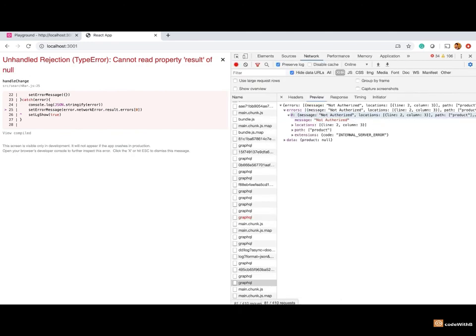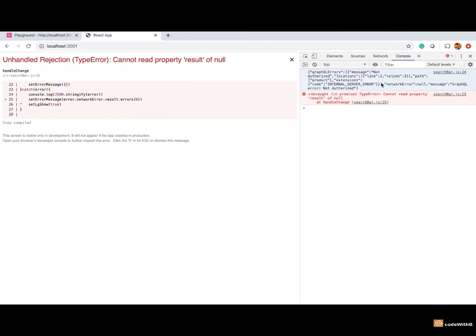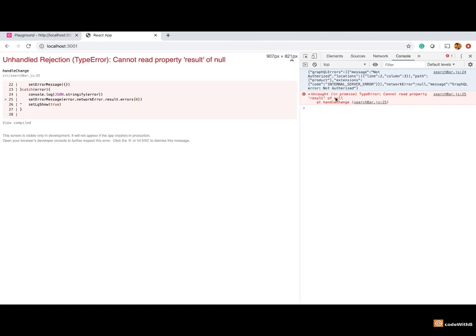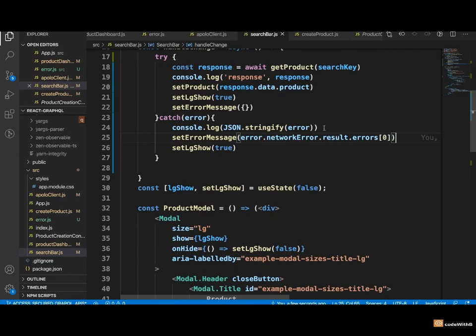If you have noticed the response of the GraphQL API, it is returning the 200 status, but still the payload has a list of errors. And if you look at the console errors, we have got the error in the GraphQL errors instead of the network errors. So whenever we get the response, Apollo client takes care of the errors. If Apollo client finds some error scenario, it adds the error in different objects. If API is failing because of the status other than 200, the error goes to the network error. Otherwise, it goes to the GraphQL errors.